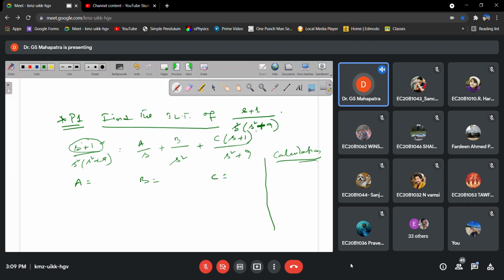Now you just see, you should be able to do it. Just check it. Now s into s plus 1, C into s plus 1. Now you can do that one, sure. Since the coefficient of s you have to match. If you write A, B, C, maybe the s square part will be there.